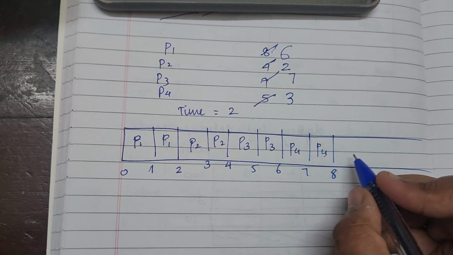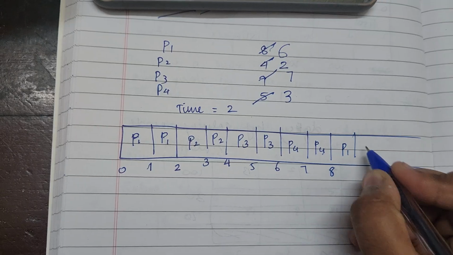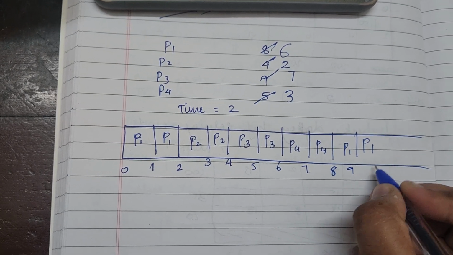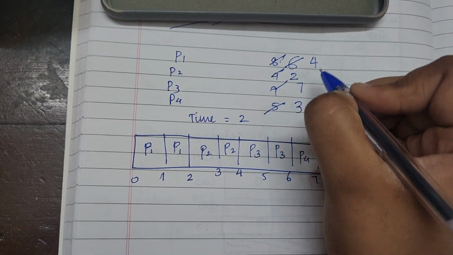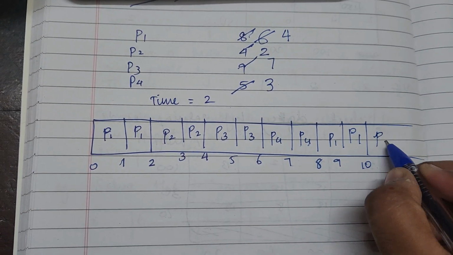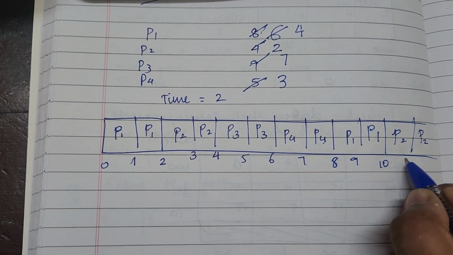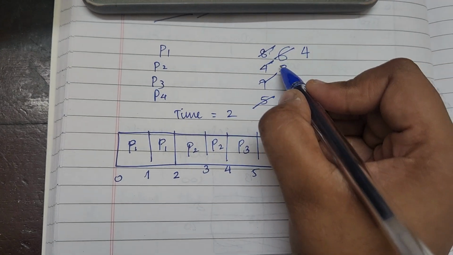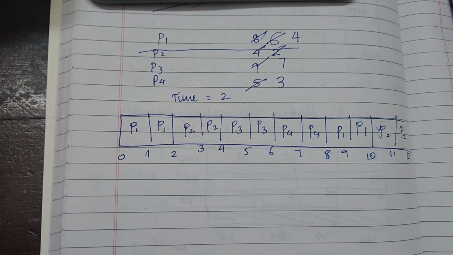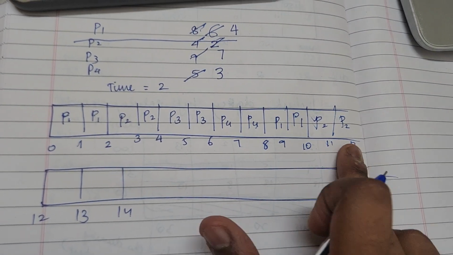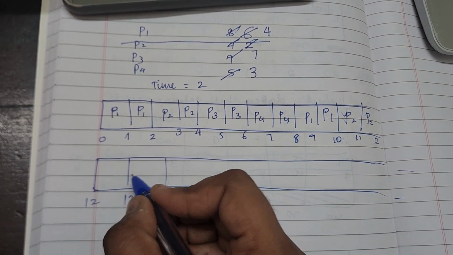Again we go back to P1, P1, P1, 9, 10. This 6 becomes a 4. 2 units for P2, P2, P2, 11, 12. This 2 becomes a 0. So we are done with P2. We finished with a 12 here. So let's continue. P3,